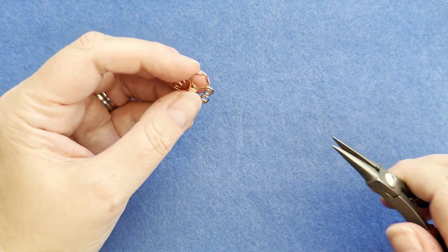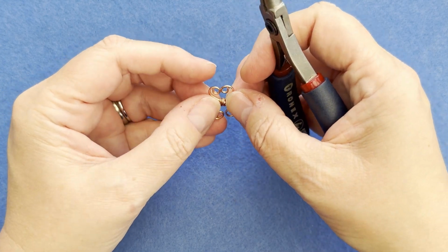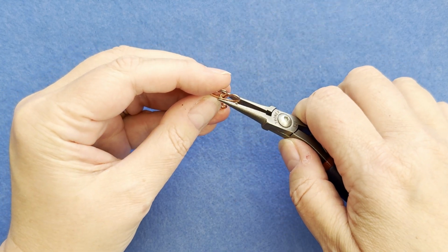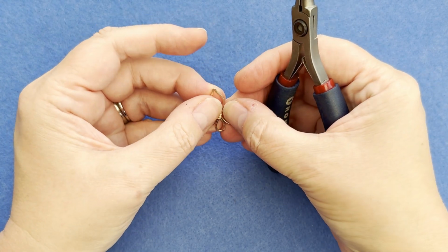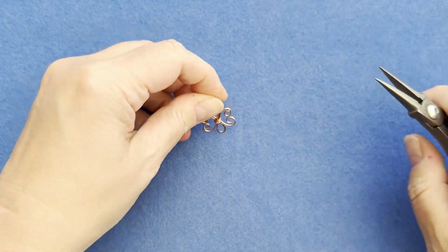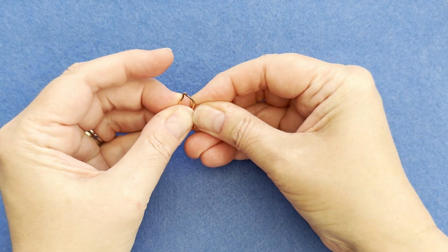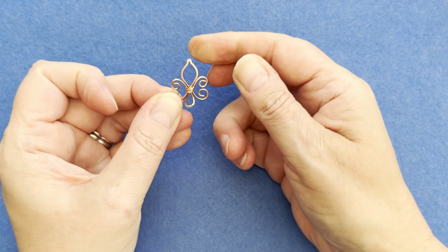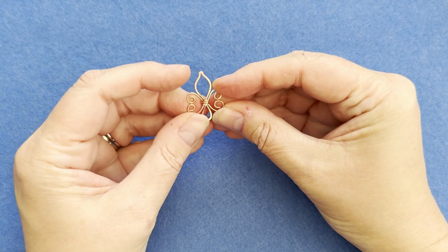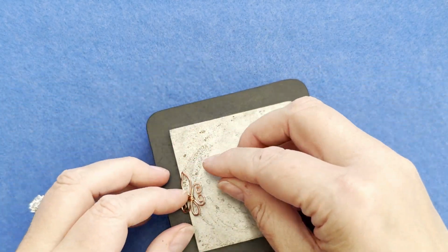So then we just come in and, oh, bless you, Glory, and just secure that little bit of wire at the back. So there is our little fleur-de-lis earring starting. Now what I do now is I just sort of fiddle around, faff about with these little motifs here, make sure that everything is nice and in place. If you're happy,